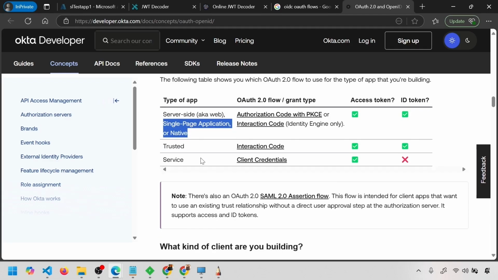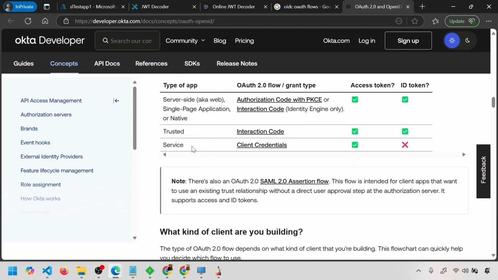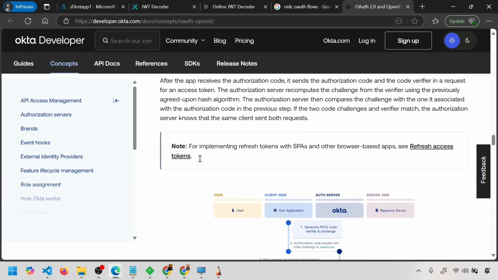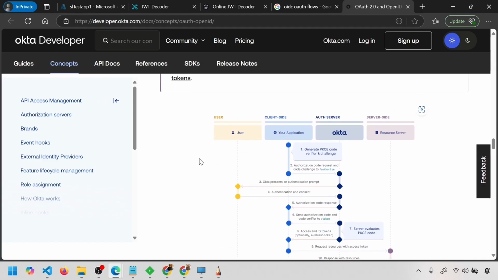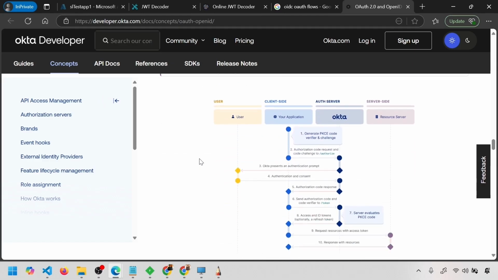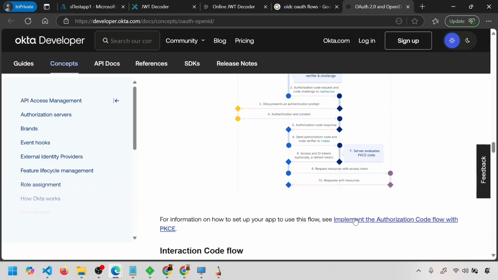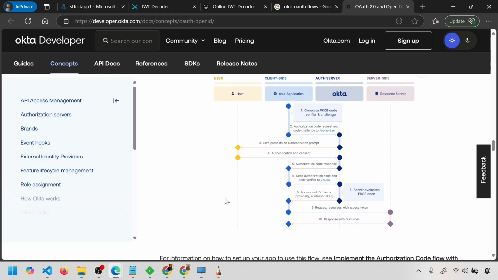Very important point. This is a trusted application, and there is a service where there are no users. So they are recommending different types of workflows for different types of applications. This is the implementation with auth code with PKCE. PKCE is nothing but an additional verification done to make sure that you are talking to the same guy all over again.